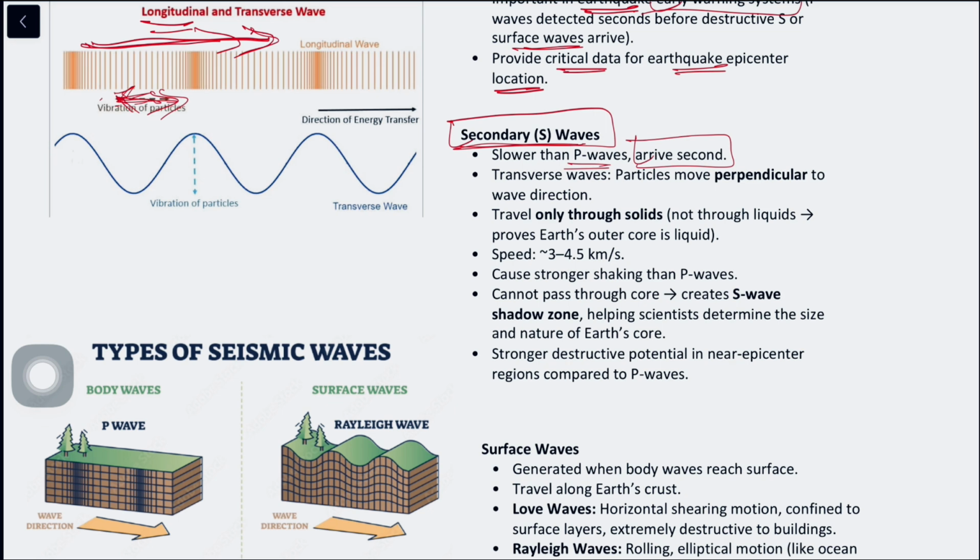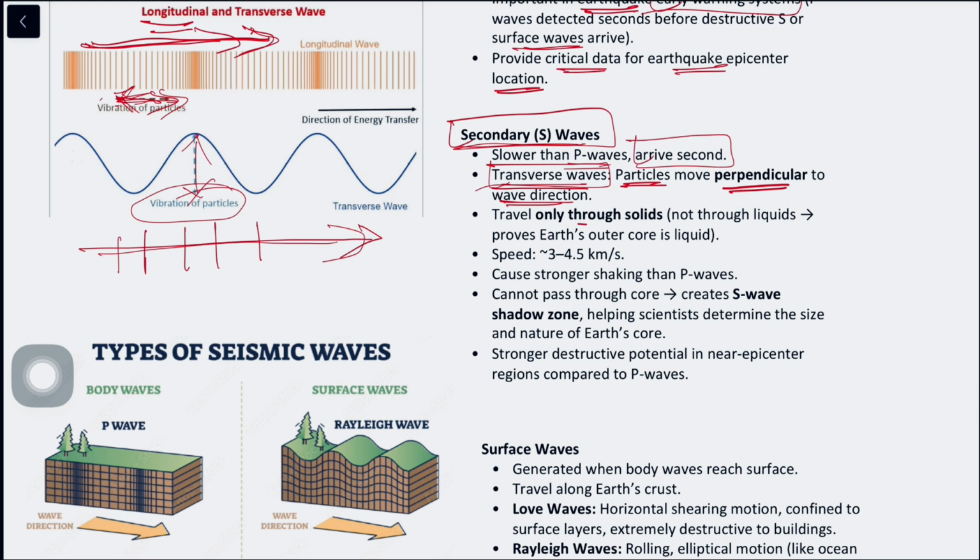The secondary waves are called transverse waves, because the particles in the S waves, when they are moving, will move perpendicular to the direction of waves. So suppose the wave is traveling in this direction, the particles actually travel up and down, that is perpendicular to the direction of wave, right? The vibration of the particles will happen in a perpendicular manner to the direction of the S wave. That's why we are calling it the transverse waves.